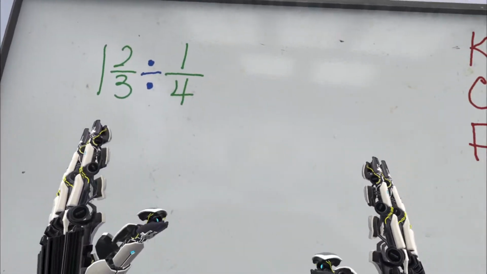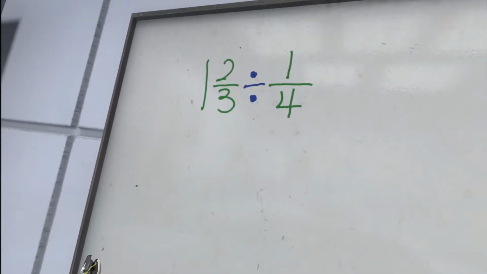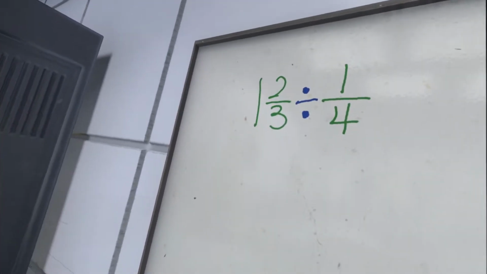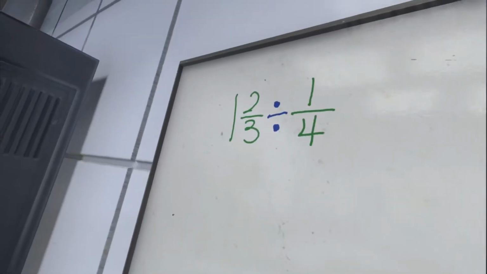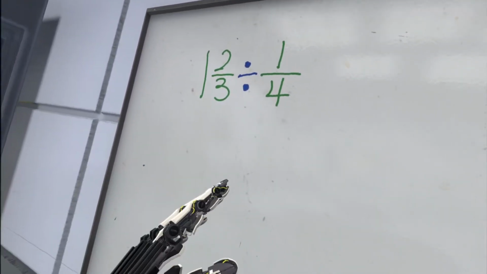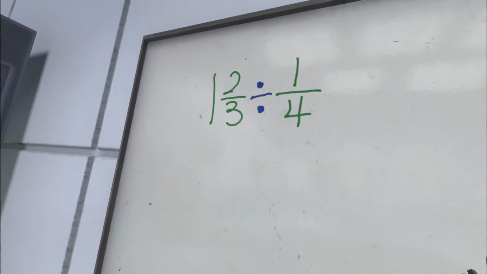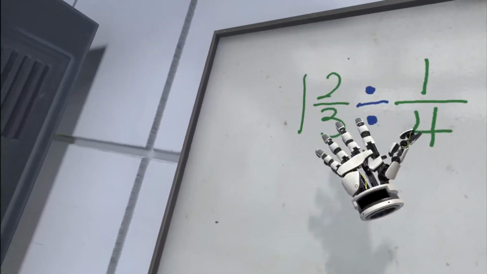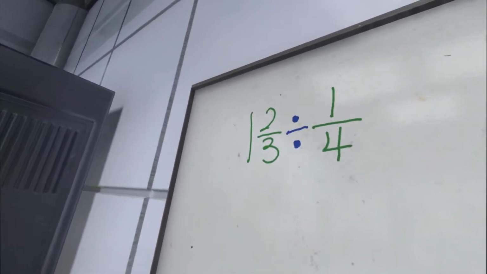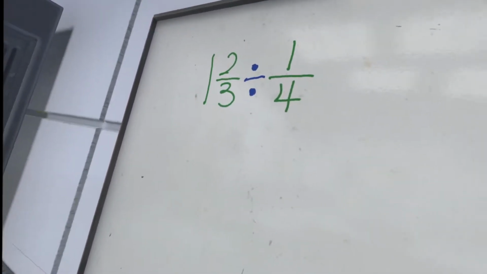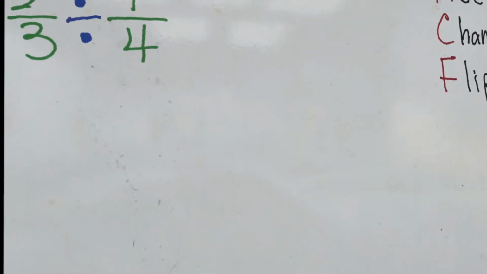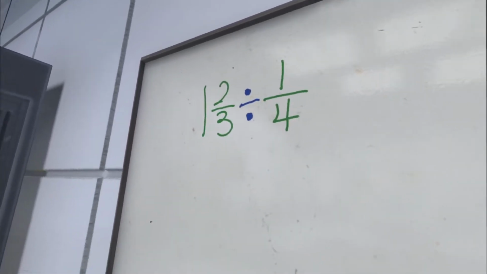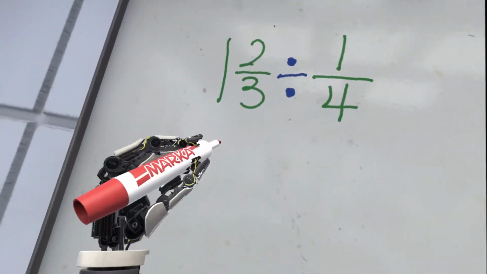And if you've watched the other video, you remember that when it comes to multiplying or dividing fractions, you've got to make sure that both of them are either proper or improper. And look what we have right here. This time we have a mixed number, which is what you don't want to use when you're dividing or multiplying, or whole numbers. And if you remember from the previous videos, to turn a mixed number into an improper fraction,